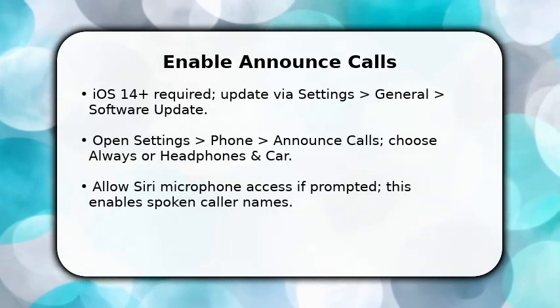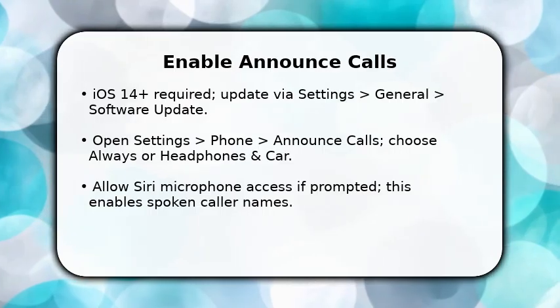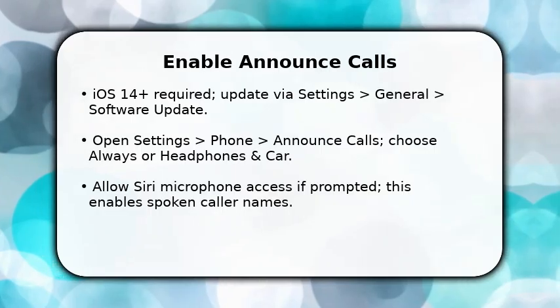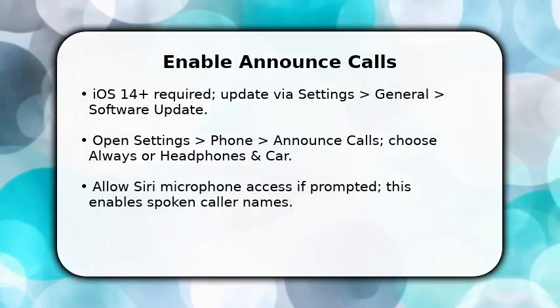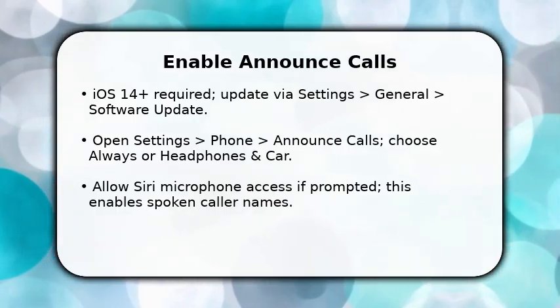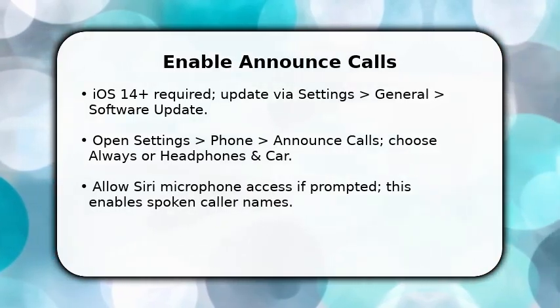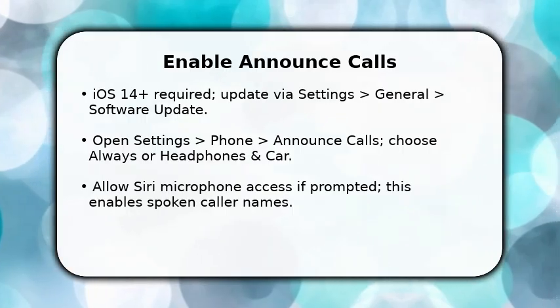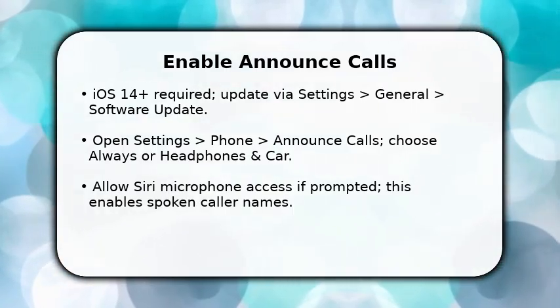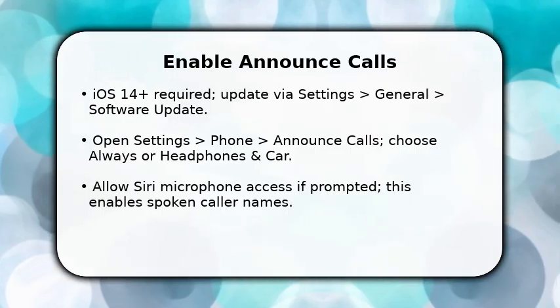You start by turning on announce calls so your iPhone will speak names. First, make sure your device is updated to iOS 14 or later. Updates keep Siri working properly. Then open Settings, tap Phone and choose Announce Calls. Pick Always or Headphones and Car, depending on where you want names read aloud. Once done, grant any Siri microphone or speech permissions when prompted so the system can output the caller name through